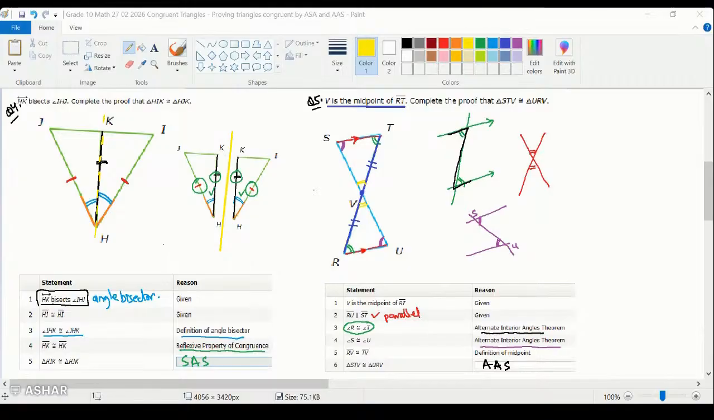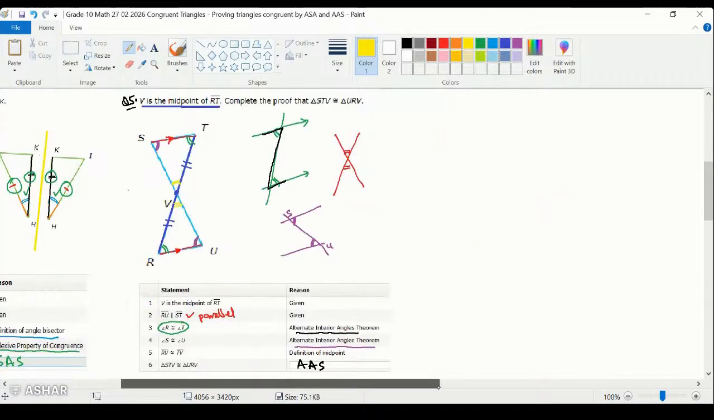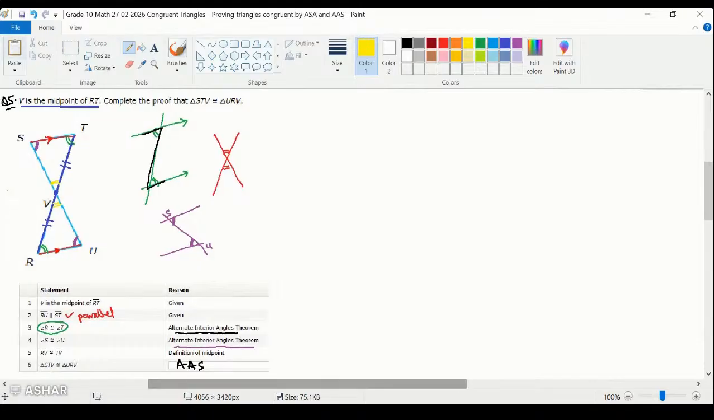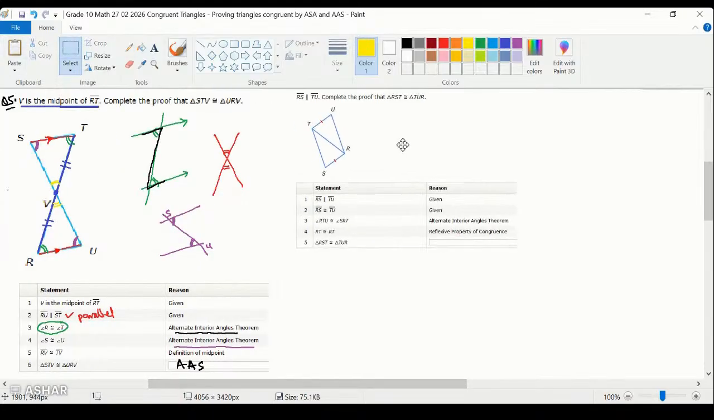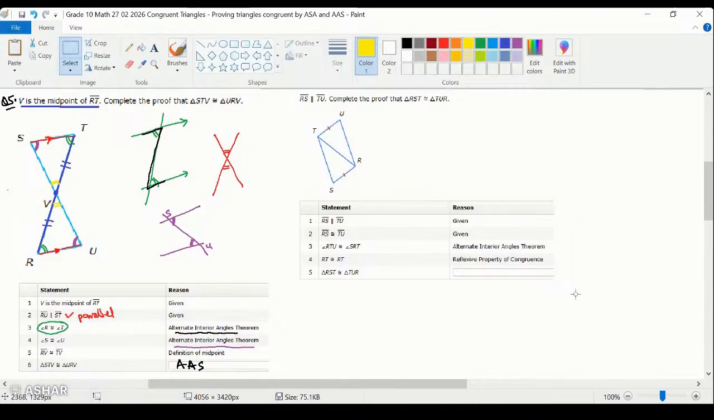Okay, let's look at another example. For the next question, just a moment, let me copy the question. Question number 6 says, if this is the information that has been given to us,